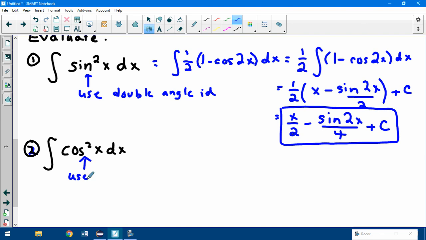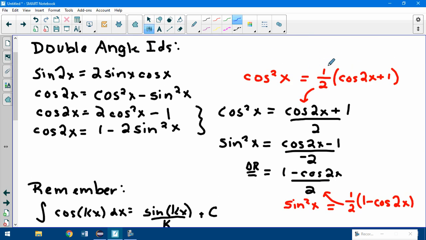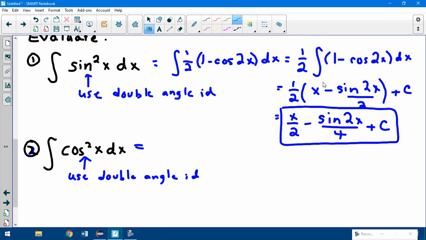When you see a squared, you want to use the double angle identity. So we're going to replace cosine squared of x with 1/2 cosine of 2x plus 1. That 1/2 is a constant. I'm just going to pull that out right away. So 1/2 times the integral of cosine of 2x plus 1 dx,